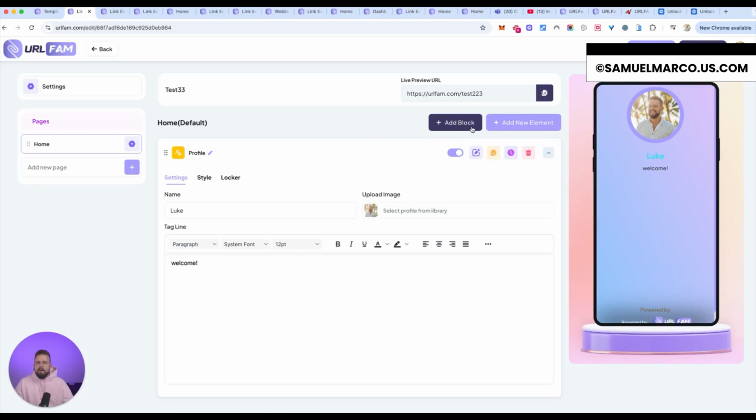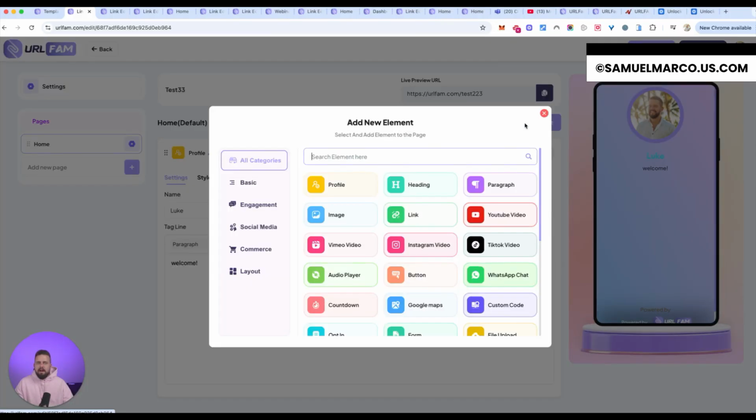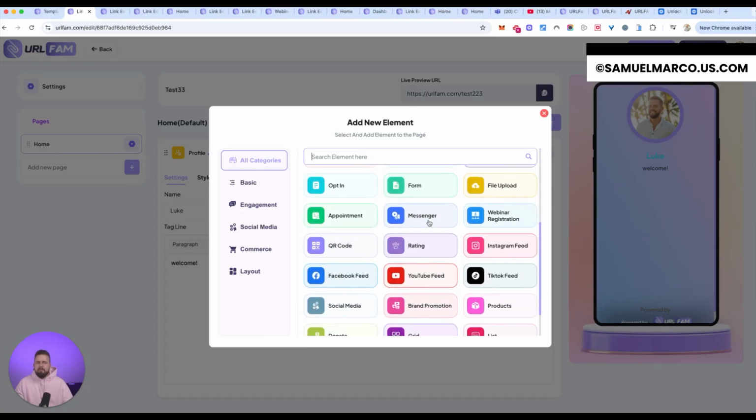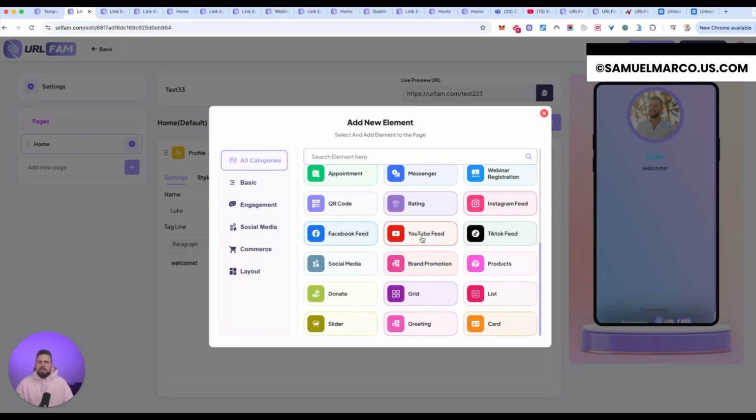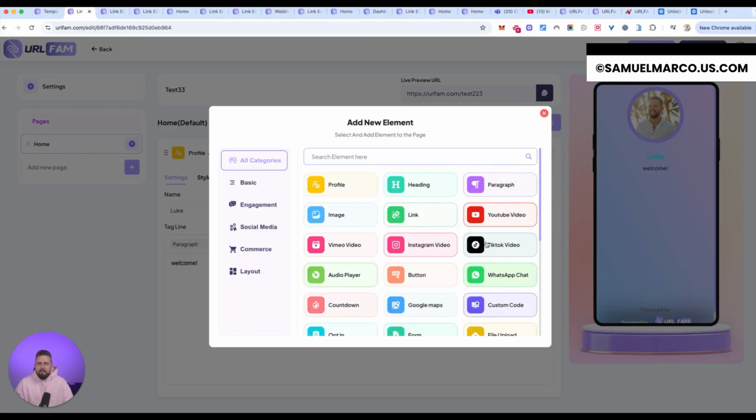Now, where it says add new element, I can start to add any of these elements directly onto my URLFam profile page itself here. And again, the big difference between this tool and any other tool I've ever seen out there is that we've built so many all-in-one type solution features here. Like if I wanted the ability to make it like a sales page, I could